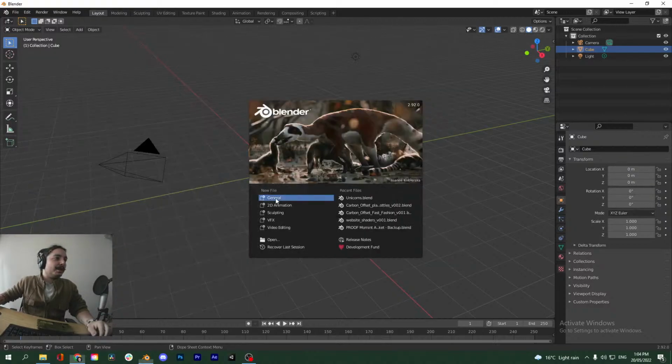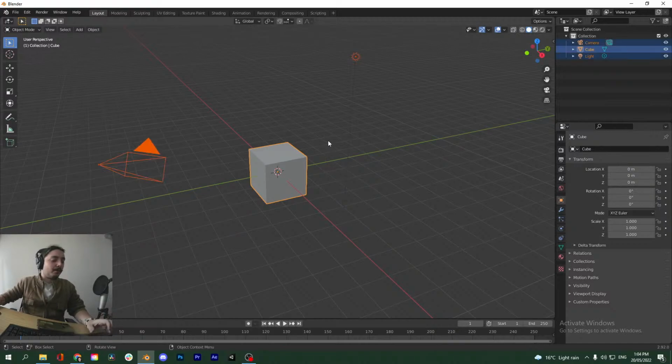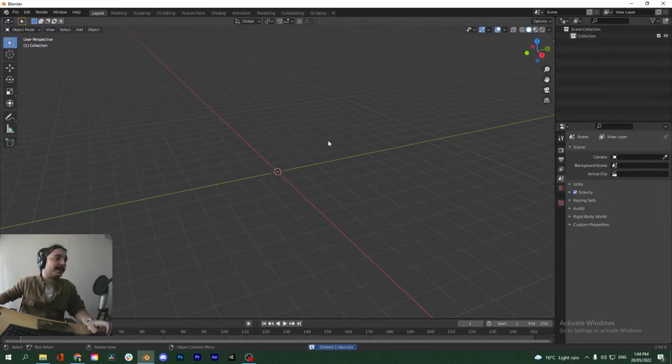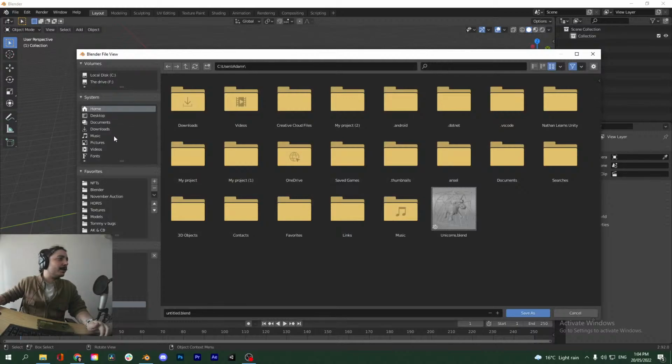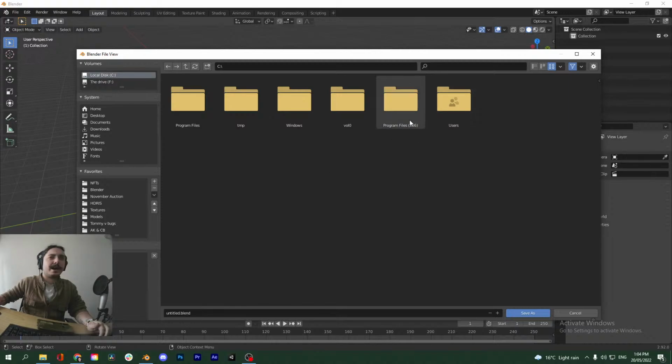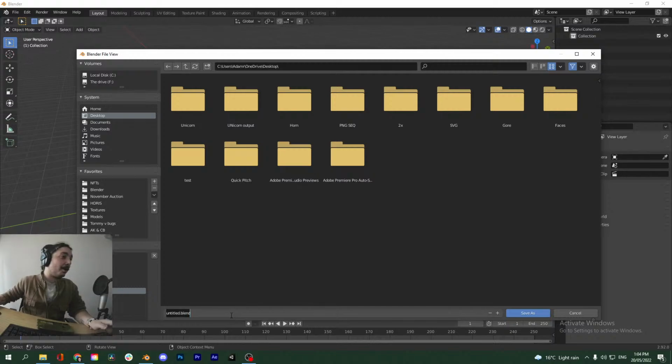Alrighty, so let's just open Blender. We'll open a general tab. I will press the shortcut A and X to select and then delete everything, just so we can start fresh. Let me just go ahead and save this file quickly, just in case anything crashes. Sometimes when you're streaming, Blender gets a bit heavy. I don't know where things are saved on Nathan's computer, so we'll just save it to the desktop.